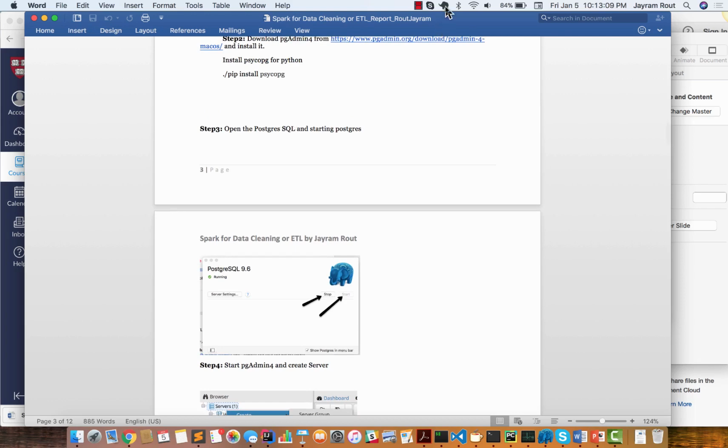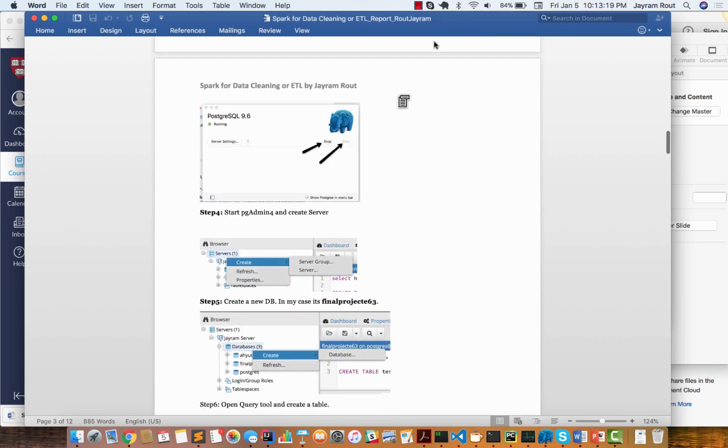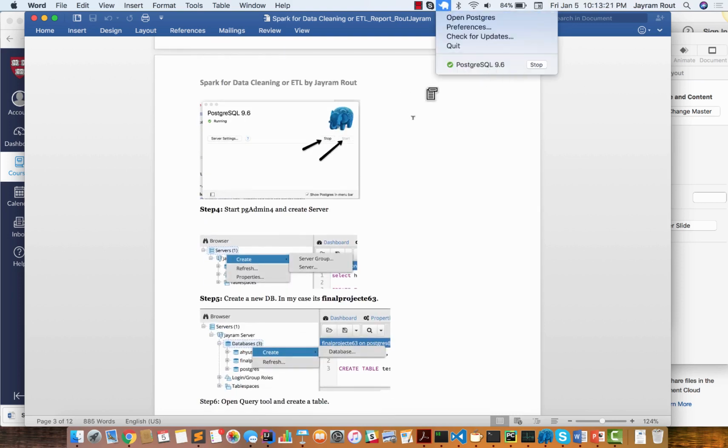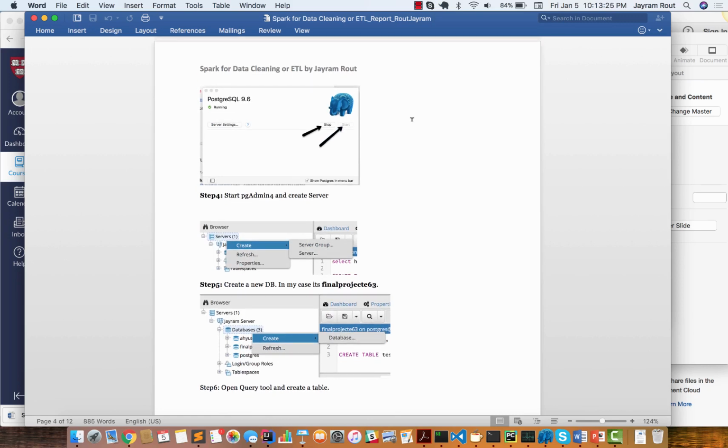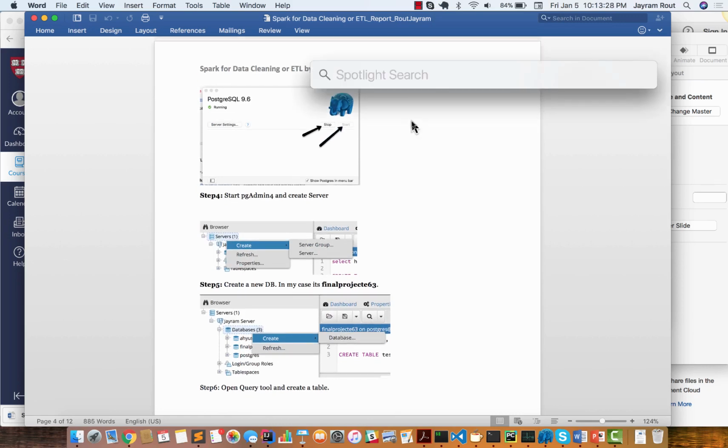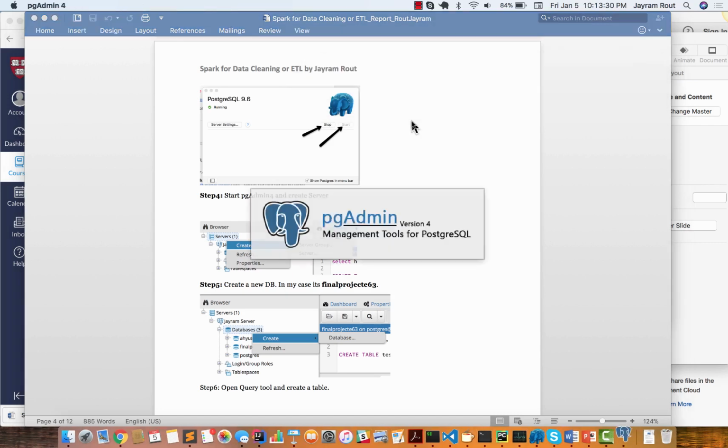In my case, if you click on this elephant symbol and then click on start, this is the option for starting Postgres once you install it. And it starts up. You can see it says started up. I'll show you how to even create the database. So come here, go to pgAdmin